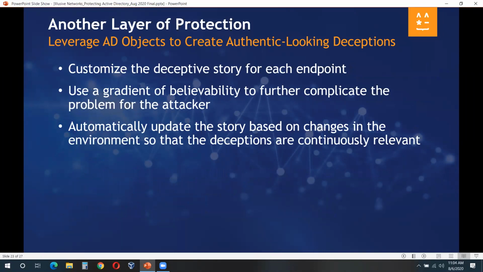So another option, and this is more of a classic Illusive use case using our deception capability, but another capability we can bring to bear in Active Directory security is to leverage AD objects to create deceptive credentials that we then backplant into the production environment. And really what Illusive is doing here is telling a deceptive story, right? We're leveraging the naming conventions and the group memberships and the way Active Directory is configured, what an attacker expects to see,